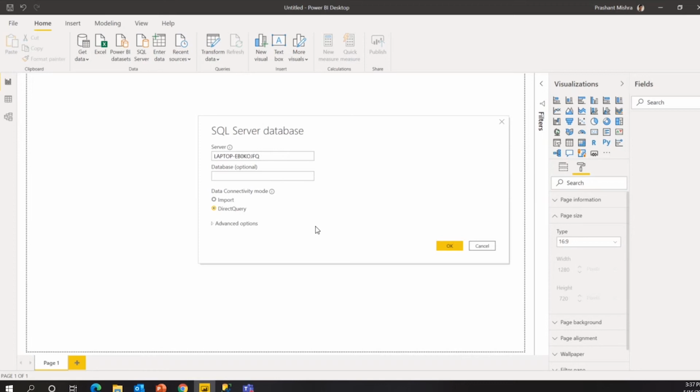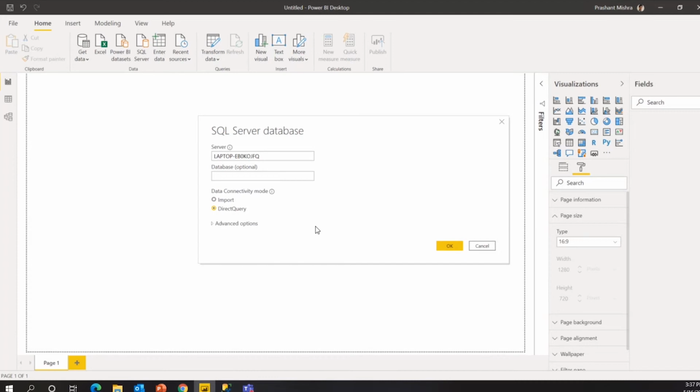That's why it is always recommended that if you have any data warehouse and you want to create a Power BI dashboard on top of that, you go with Azure Analysis Services as a layer between Power BI and your data warehouse. That way it gives you the flexibility to make it quite faster. Even if you're dealing with a very huge volume of data, it's always better to go with Azure Analysis Services, or if you are going on-premise, SQL Server Analysis Services.